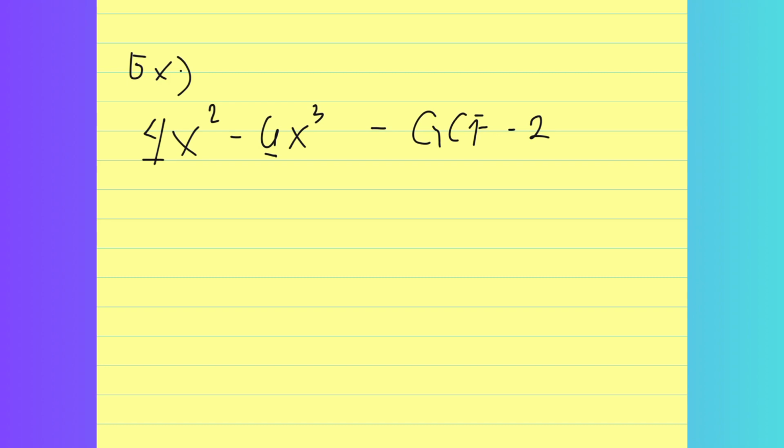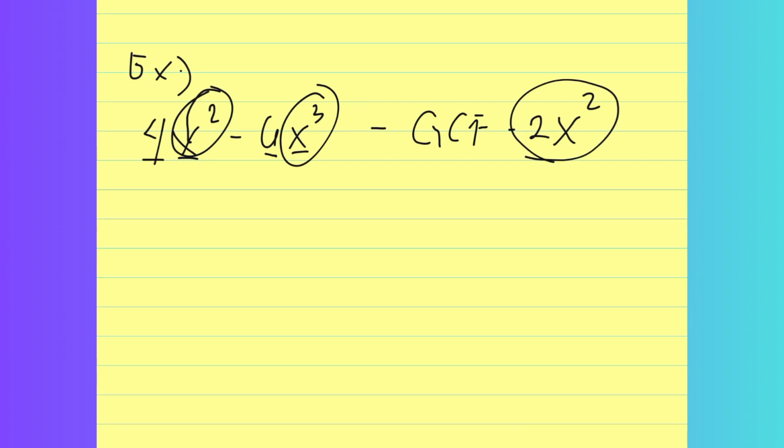And in terms of the variable, to find the GCF of the variable, the smallest exponent of x in all terms of the polynomial is the greatest common factor. So here we have x squared and x cubed. So the smallest exponent of x is 2. Therefore, our GCF is 2x squared. Now, how are we going to factor this common monomial? Okay, using the GCF, put the GCF outside of the parentheses.